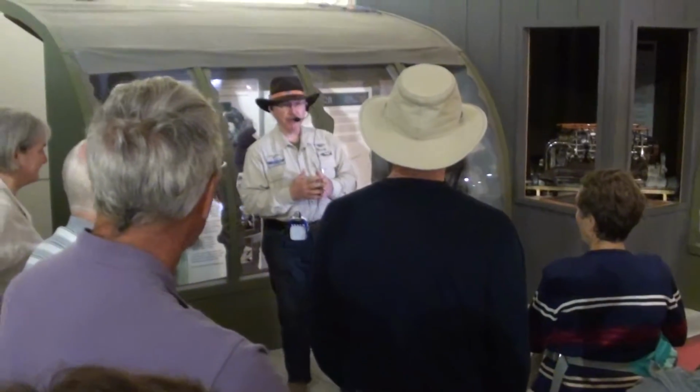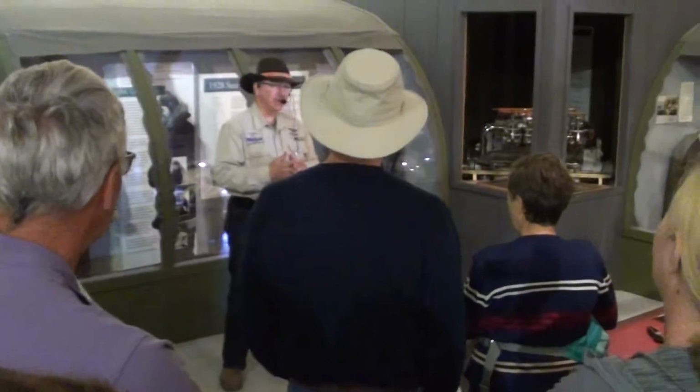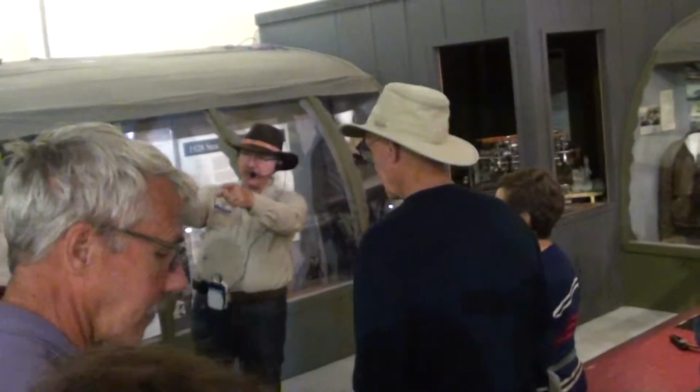He was determined to walk out under his own power, so when Ed Young and his other friends came looking for him, he would hide under trees so they couldn't find him. And he did eventually walk out. This is the fully restored engine to the end. Now we'll head back this way, and between these 2 hangars,